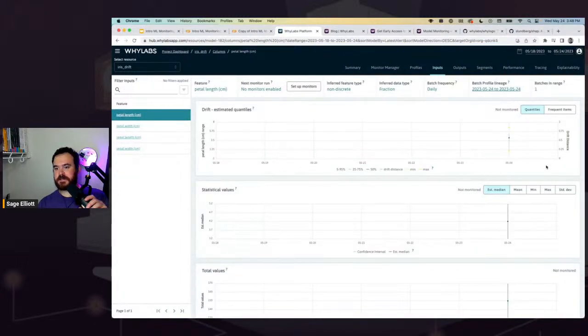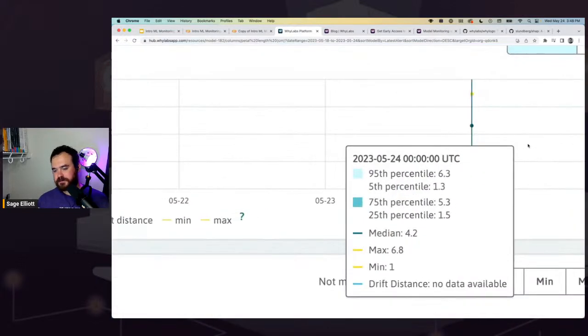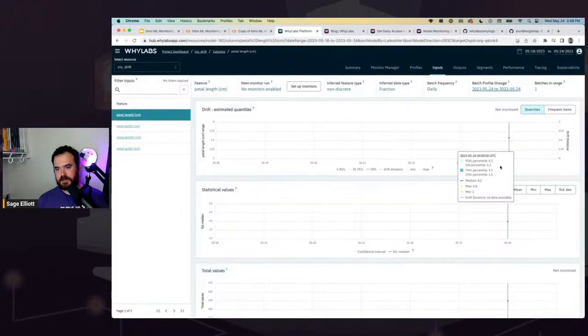This is going to be one of the most interesting tabs to look at right away. We can see there's a single profile for a day. So by default, when you just write up a profile like we did, it's going to be written at the date and time that you push the profile up. But there's a way to overwrite that where we can backfill the data, which is what we're going to do in the next cell. But you can see here, this contains the summary statistics that we looked at in the YLabs profile. So we have the median, the max, the min, and the other percentile metrics that we looked at in our profile.